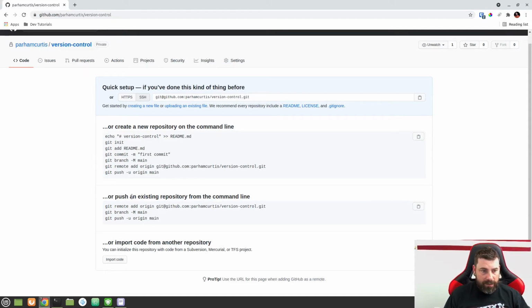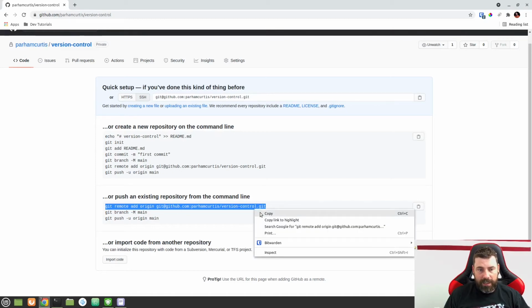So all we need to do is see, it says, or push an existing repository from command line. What we're going to do here is copy this line right here, this git remote add origin, and it'll say git@github.com, and it'll have your username and then version control.git. So go ahead and copy that,